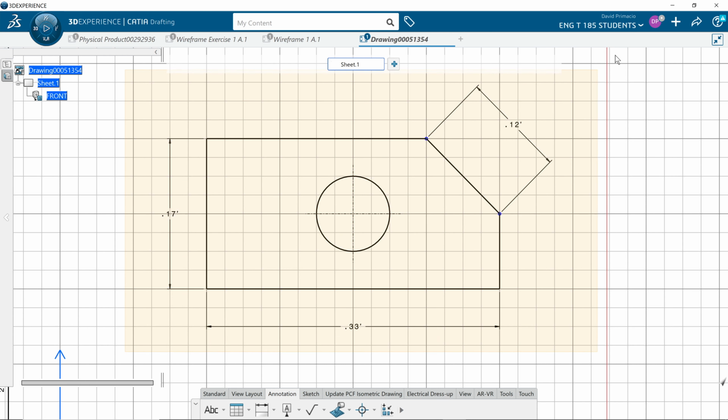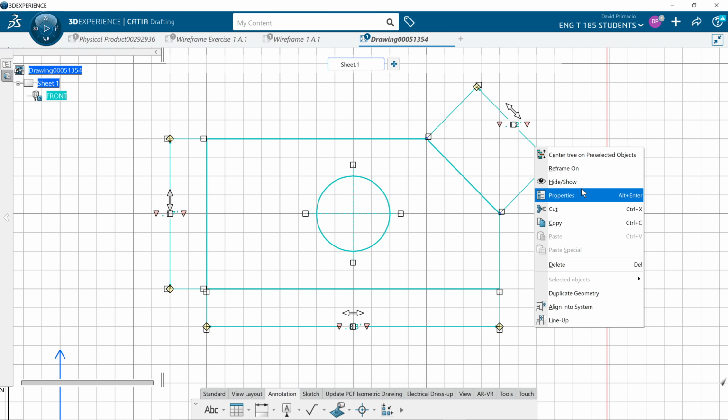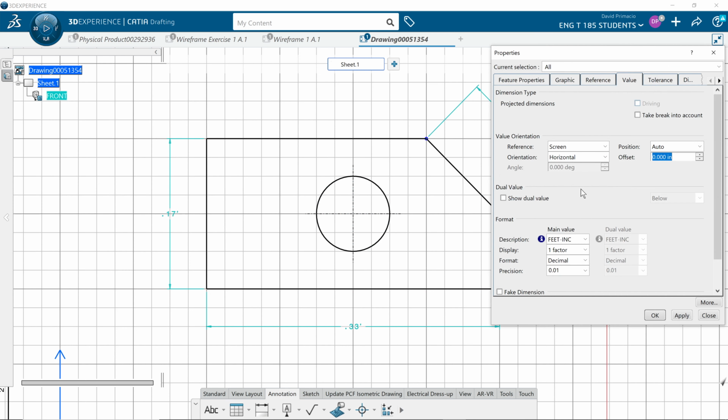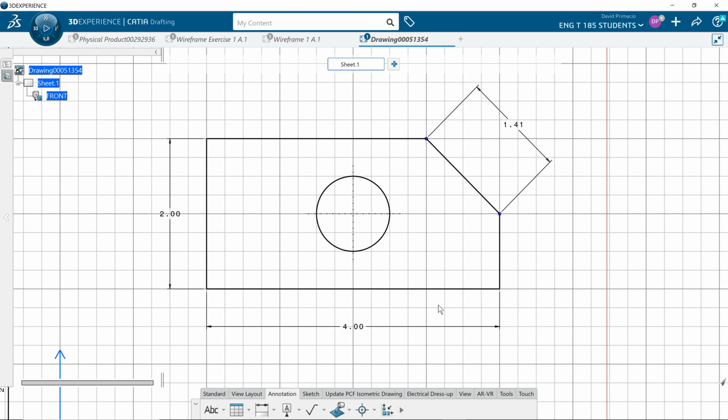So I highlight the whole thing, right click, and go to Properties. Numdink this, and ANSI spec is two places. If I select OK, that's two place dimensioning. The problem is when I go four place dimension, see these zeros, they're going to get